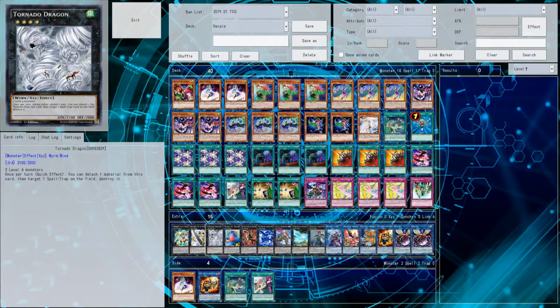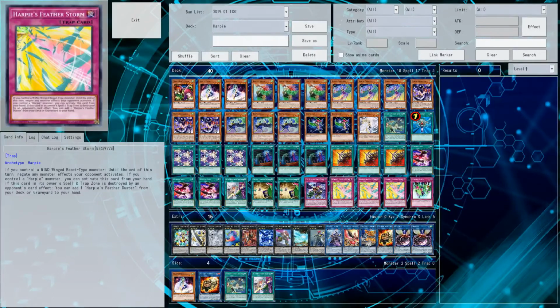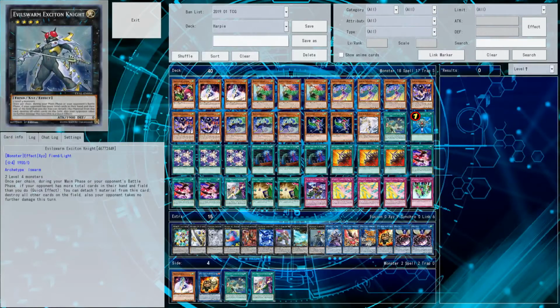What I would say you really need, definitely Tornado Dragon. Baguska can be quite nice, but I feel like these days it doesn't do as much anymore as when it came out. Definitely Ice Beast Zero Fine is one of your biggest playmakers. It seems like a little bit of a weaker version of Harpie's Featherstorm, but still, I think it's kind of neat. Castel or Lightning Chidori, they both work pretty well in the deck, and Exiton Knight can be quite neat